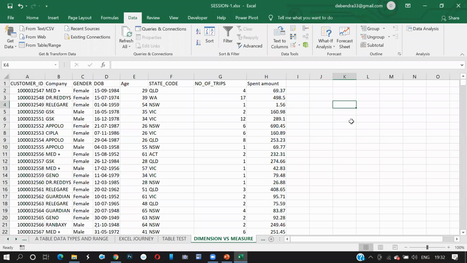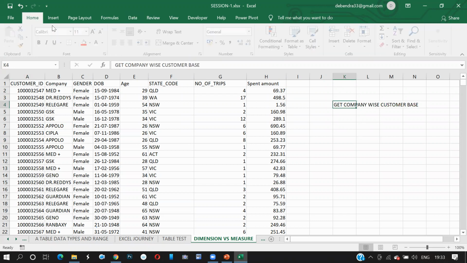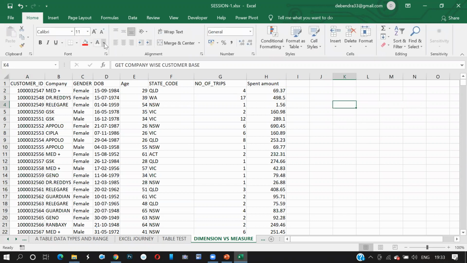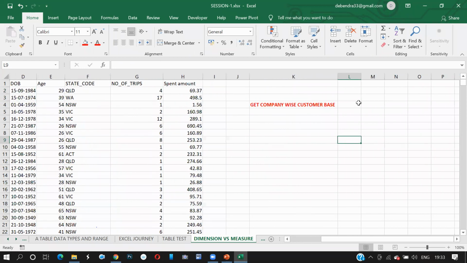When I say get company wise customer base, in this particular question there is a dimension field and there is a measure field. Company-wise customer base means the dimension field is company.